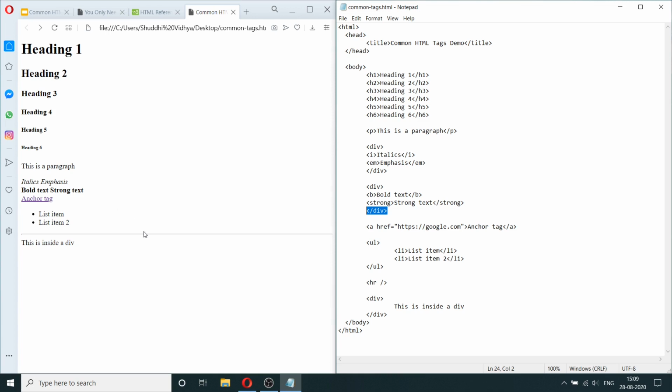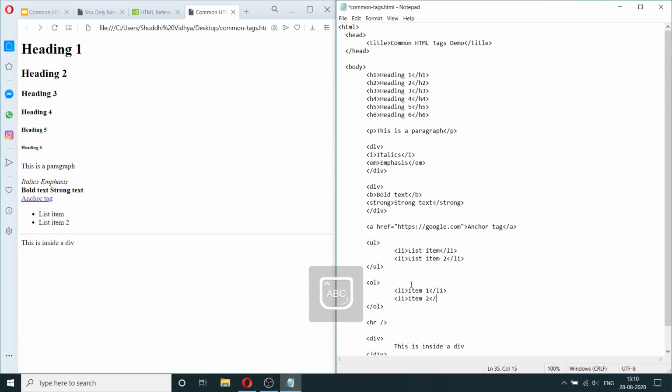I'm also going to introduce a couple of other tags here. So there's also something called OL, which is very similar to UL, except that OL stands for ordered list. Okay, so I'm going to refresh the page again.